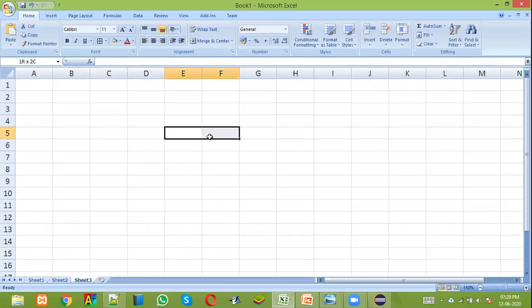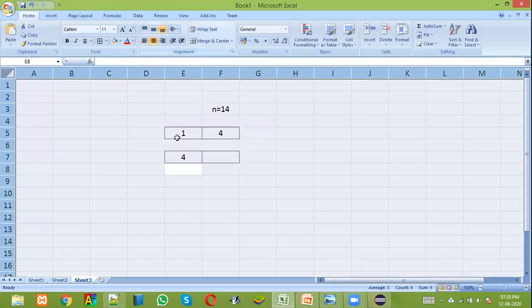We'll take 14. 14 means it's only two elements. It's going to be 1 and 4. So is 4 less than the number 14? Yes, 4 is less than 14, so you can continue. Here what I'll do, I will delete only the first part, I'll keep 4 here. I think you understand the logic by now. You would have understood the logic of what I'm doing.